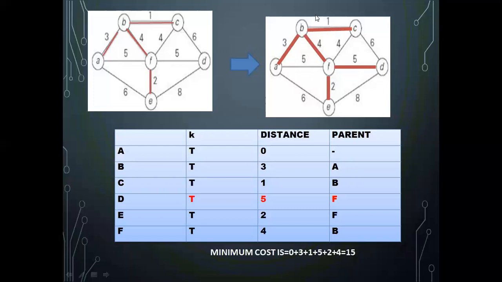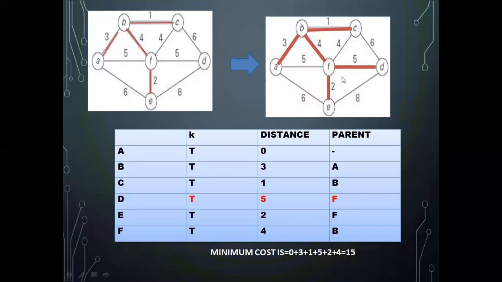Now these four became the part of the spanning tree, and it is checking with the remaining part of the graph, that is E and D, through which edge it will be connecting to the remaining part of the graph with minimum weight, that is F. With respect to A, B, C, D, I am checking how it is connecting to the remaining part of the graph. In that I find out F is connecting to E with the minimum weight 2.